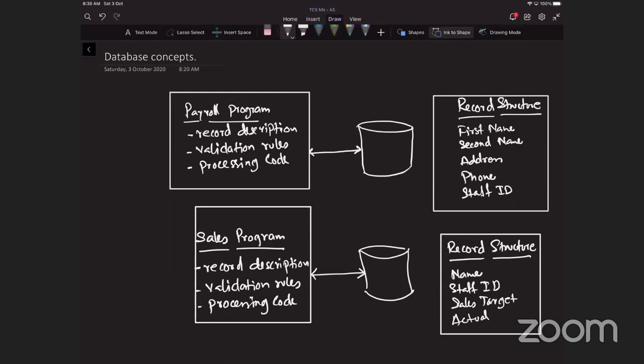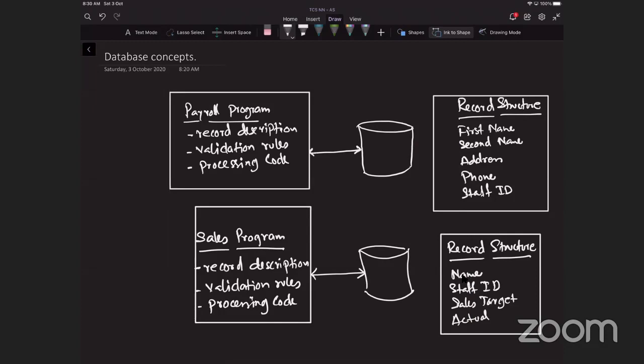Now, several problems have occurred using this file-based approach. All right, this is no database structure. This is just a simple file approach. The name of a member of staff and their staff number are stored twice, here and here, separately.